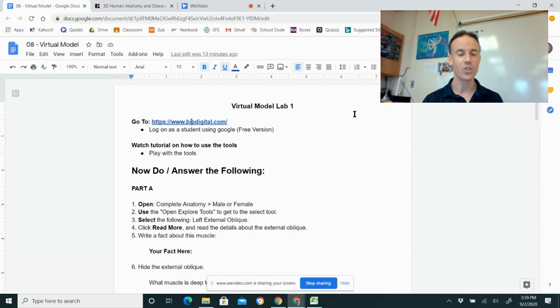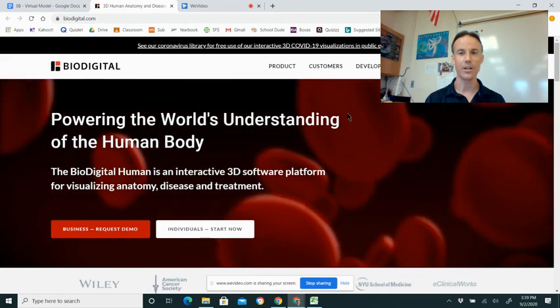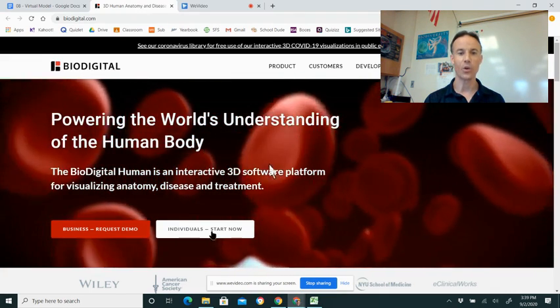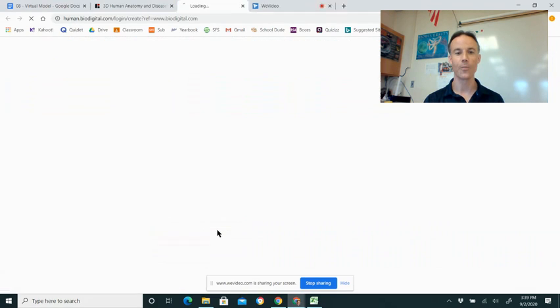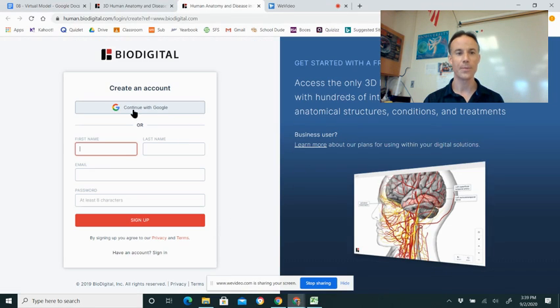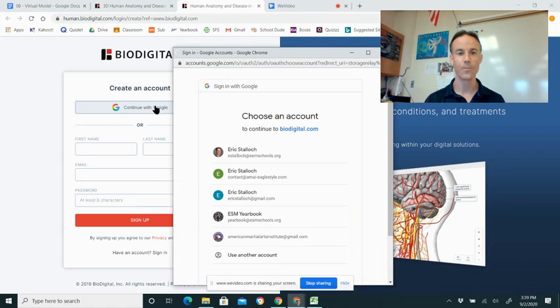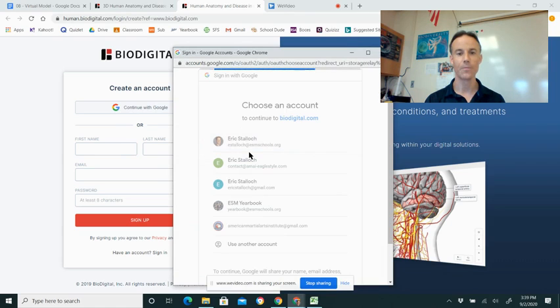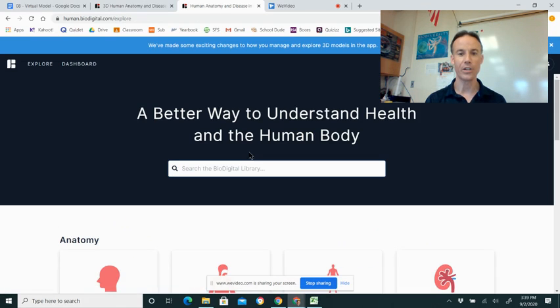Look at this lab simulation. From the directions, there's a web address. If you click on that, it'll open up a new web page. And from here, you want to use the option for individuals, start now. From there, it'll give you the option to log in with Google under create account. So you log in with Google, choose your school account, and it's going to open up a free version of